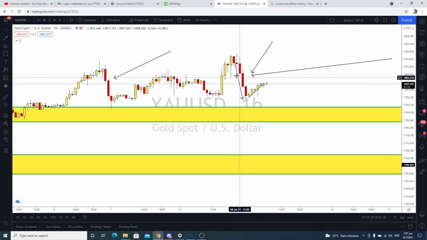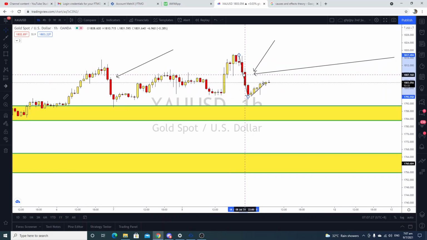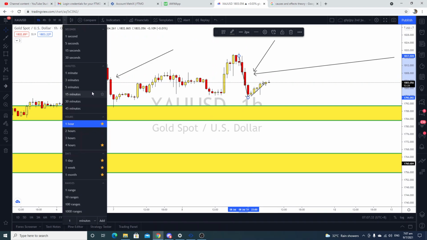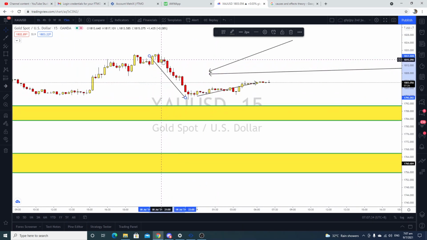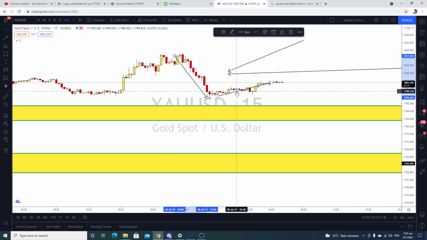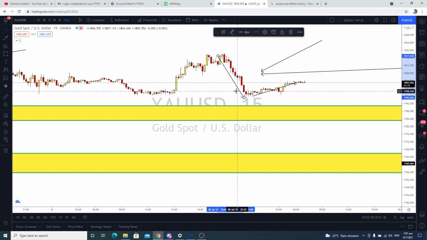In the lower time frame, this is a downtrend, of course. In the M15, this is a downtrend. Lower high, lower low. M15 confirms. Let me see. Yeah, downtrend. Lower high, lower low, lower high, lower low. It's a downtrend. But in the high time frame, it's not a downtrend.